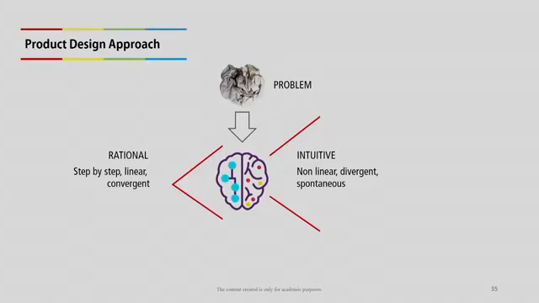Now, we will discuss product design approaches. There are two kinds of product design approach. One is the systematic method, another is the intuitive method. In the systematic approach, people who are right brain driven use systematic